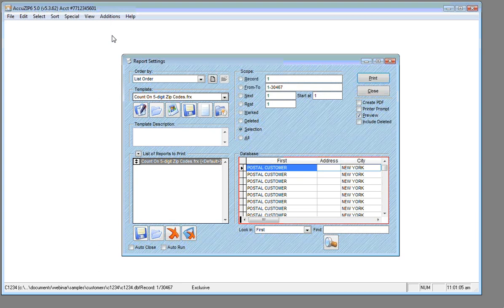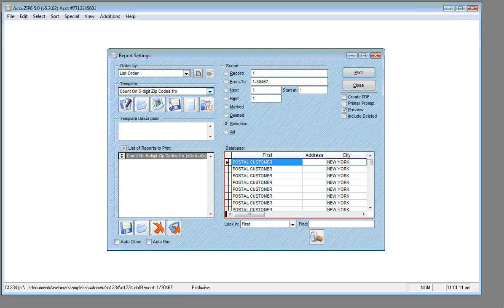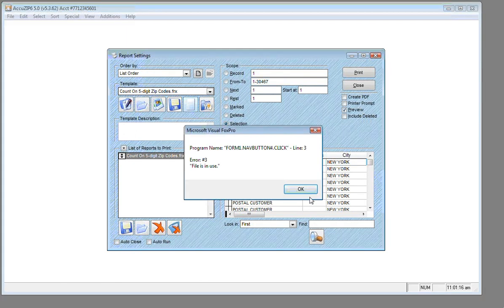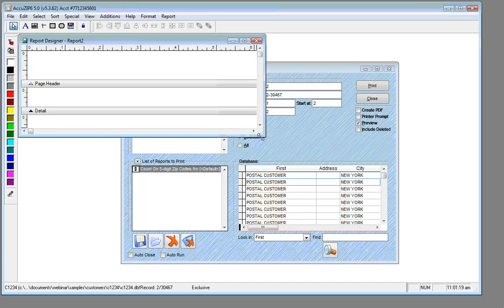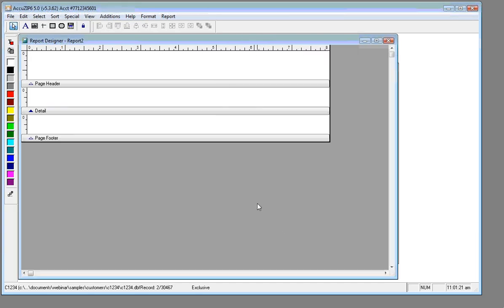You can also create as many reports as you want. You have the report engine here to play with, and where we're going to start is I'm going to click New, create a new report, and that, give me a second here, Kristen, there we go. Okay, so now we have the report designer up,